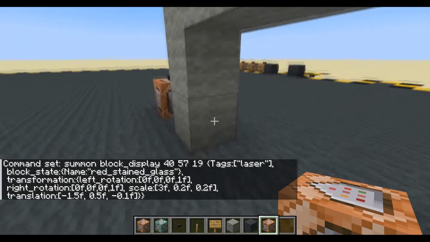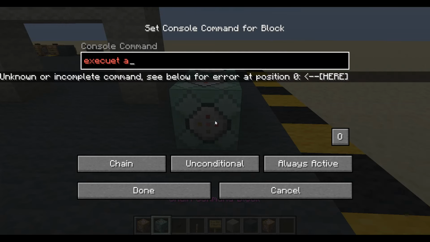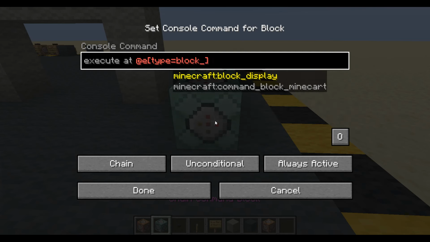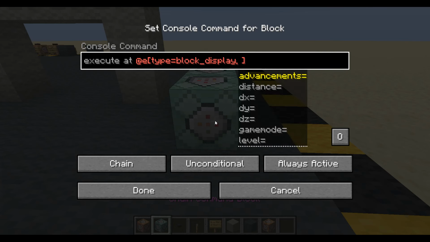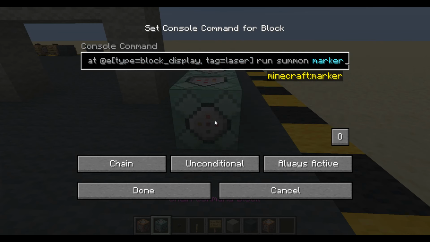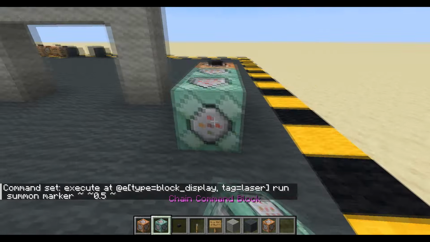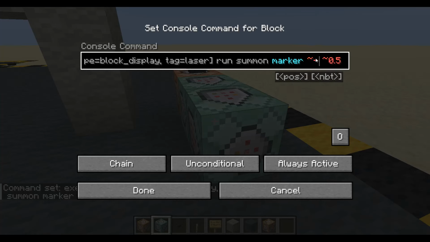And now I want to summon a marker at the end. So let's execute at any entity whose type equals block display. And we're only going to run this command one time when we're making the map, so we don't have to be too performance worried. Tag equals laser, and we will run summon a marker. So that will summon it right at the coordinates, but we want to lift it up so it's in the center of the block, 0.5, and I'll move it back in negative x. So it's going to summon it here in the middle, but I want to summon it over here. So negative x 1.5, negative 1.5,